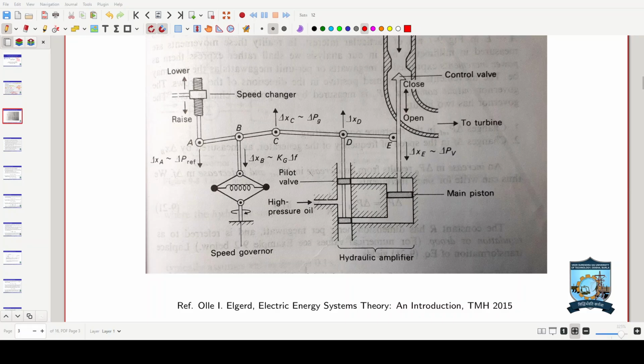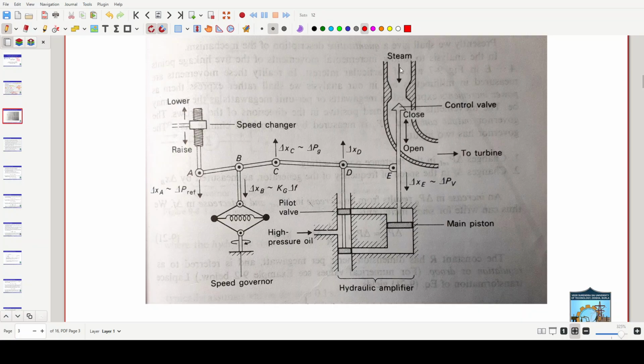Okay, so this pertains to a steam power plant. If you see here, what is the output here? In a steam power plant, you see here the steam flow. Now if you close this gate, then steam flow is reduced. And if you go below and open this, then steam flow to the